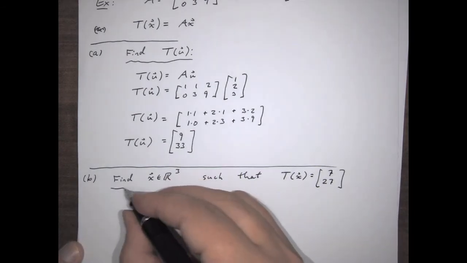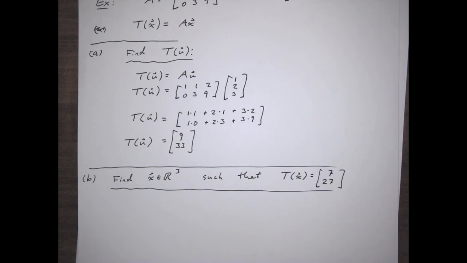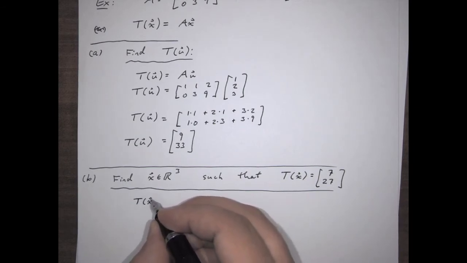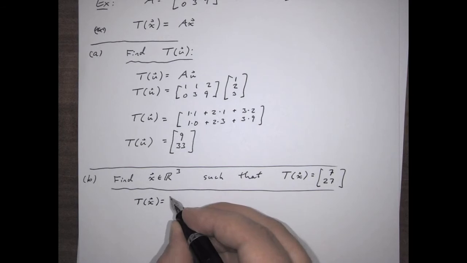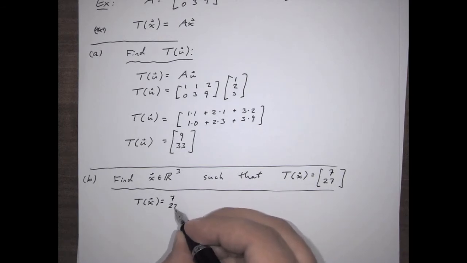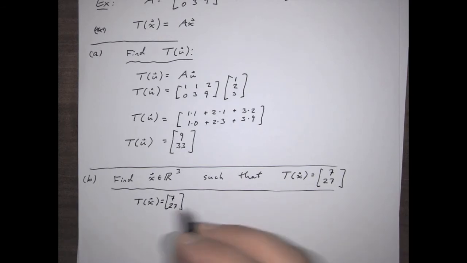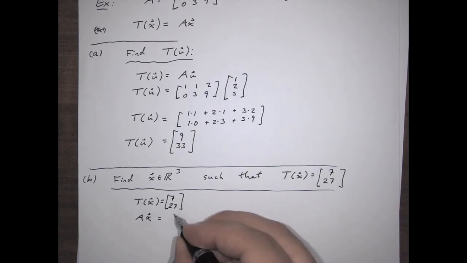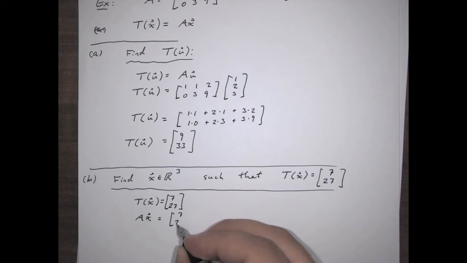So now the shoe is on the other foot. Rather than being given the vector that we're multiplying by, that is the mystery. So T of x, we're told, equals 7, 27, which means A times this mysterious x is what equals 7, 27,